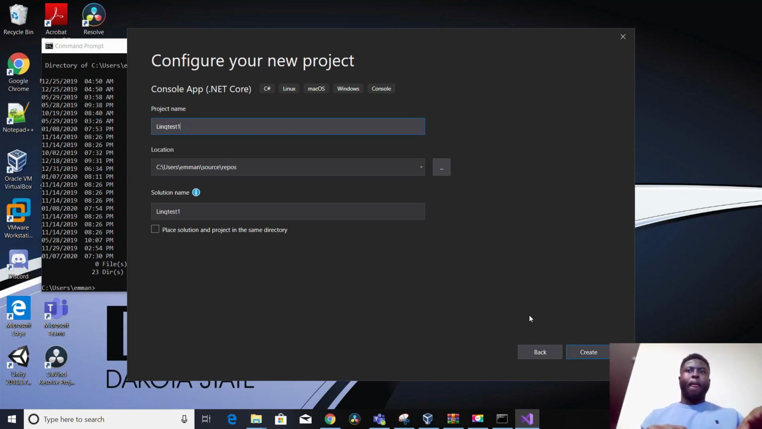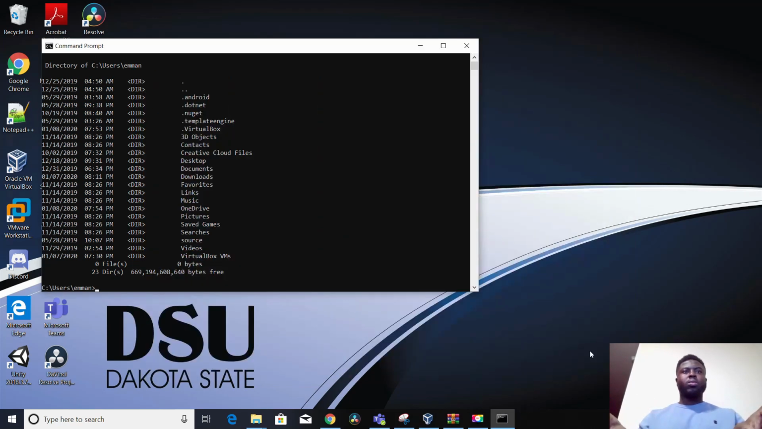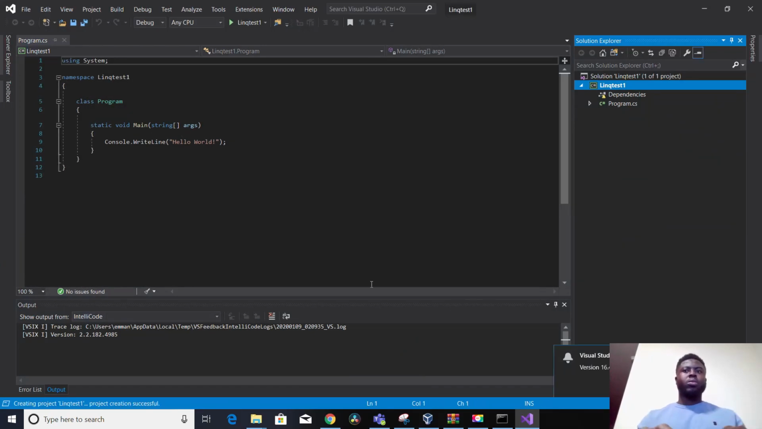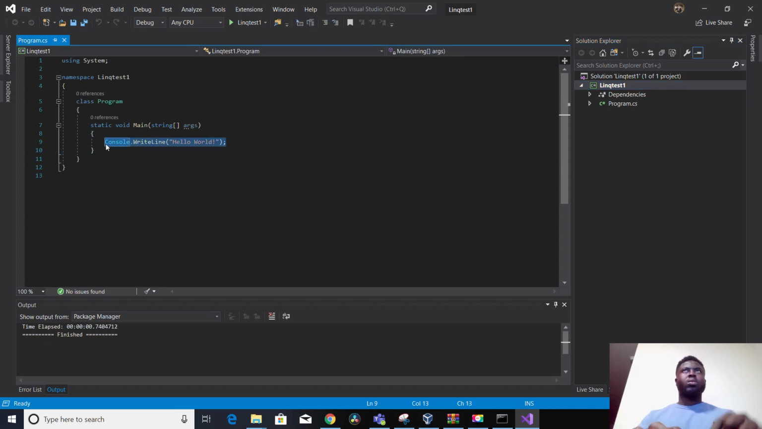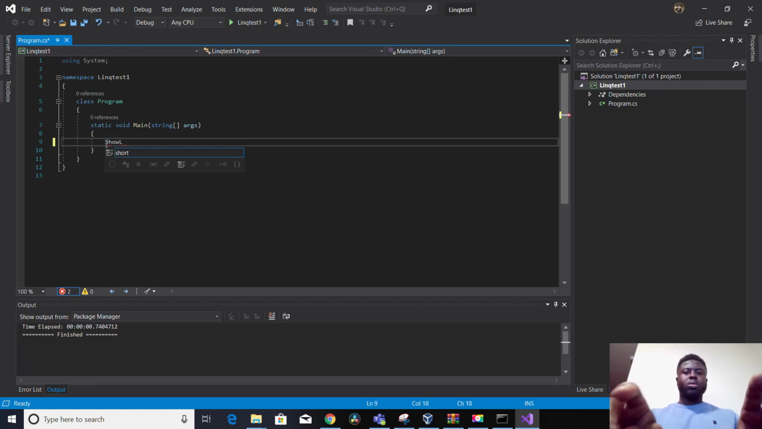My project is going to be named LINQ Test 1 and I created it in Visual Studio. So I just click create. It's just a console app and it's just going to launch. So this is the default setup in Visual Studio. I'll just take off the Console.WriteLine and I'm just going to implement my own method. My method is going to be called ShowLargeFiles,